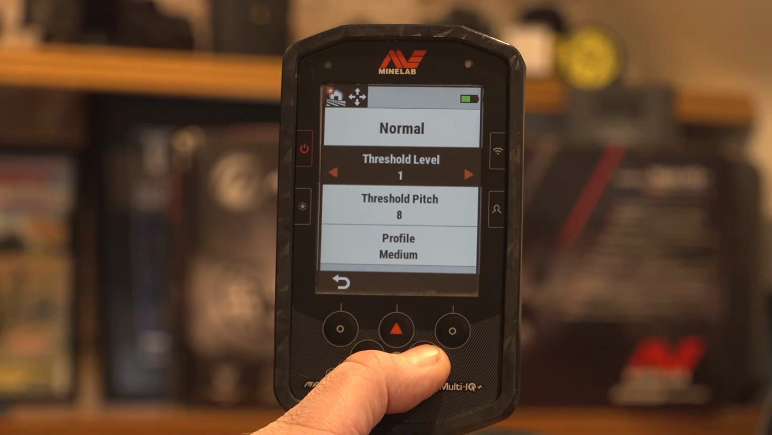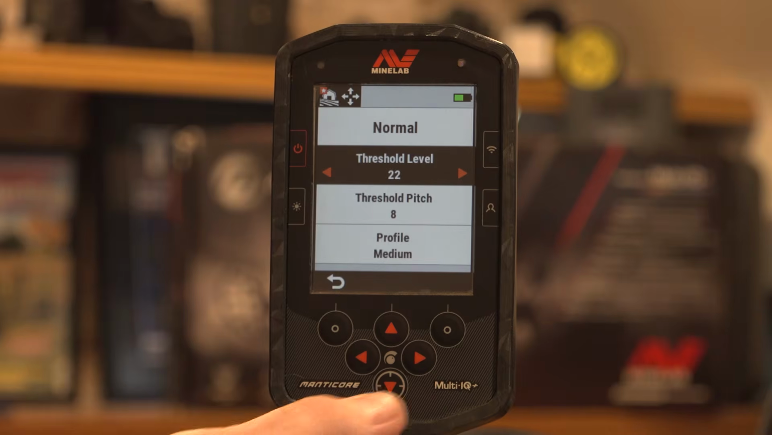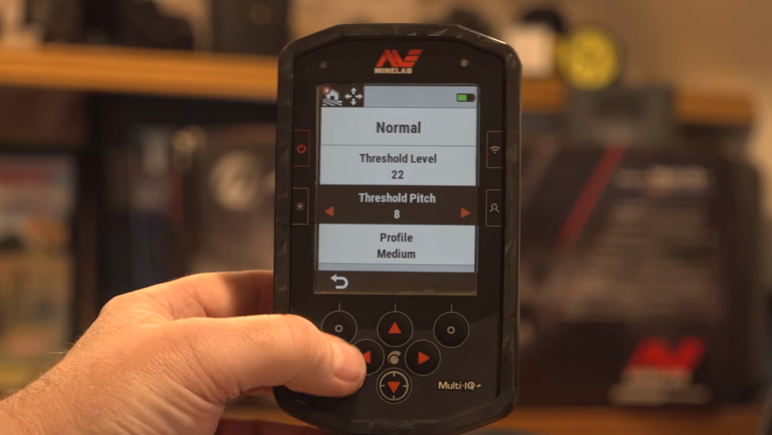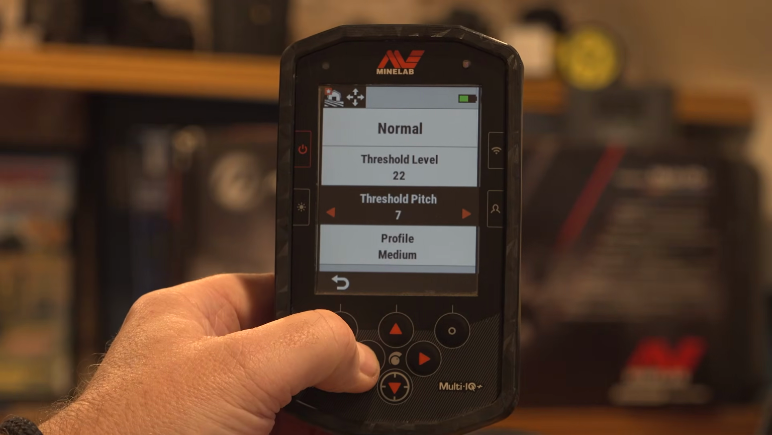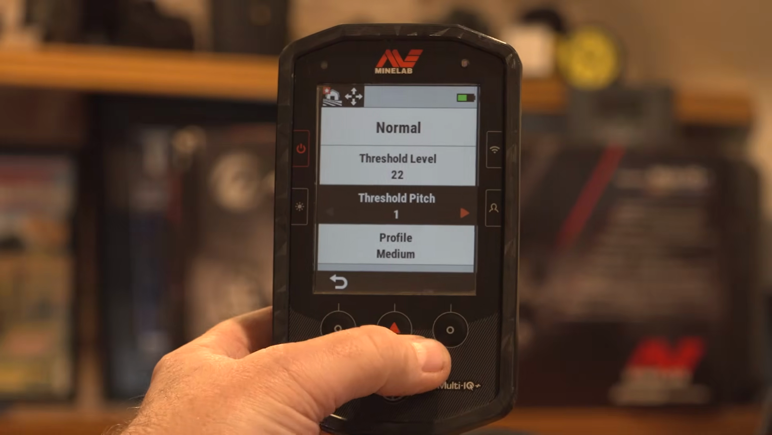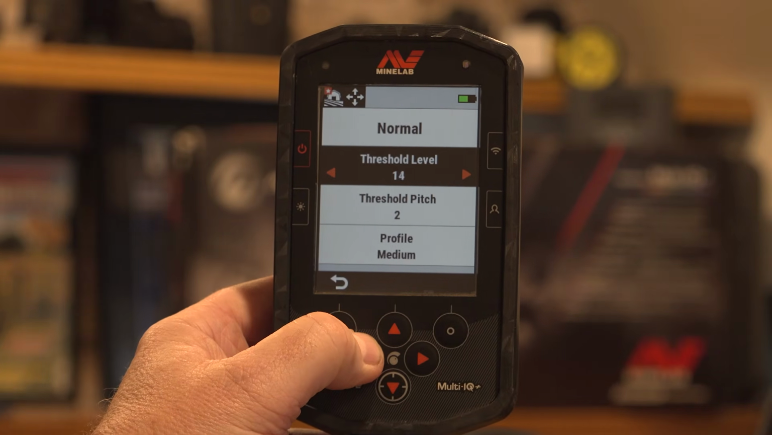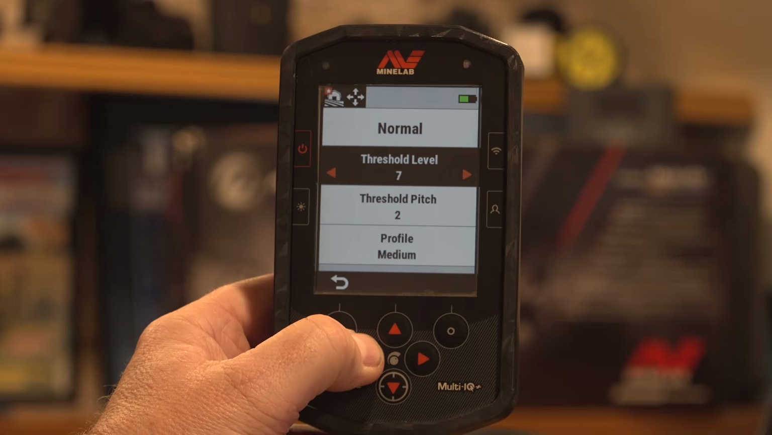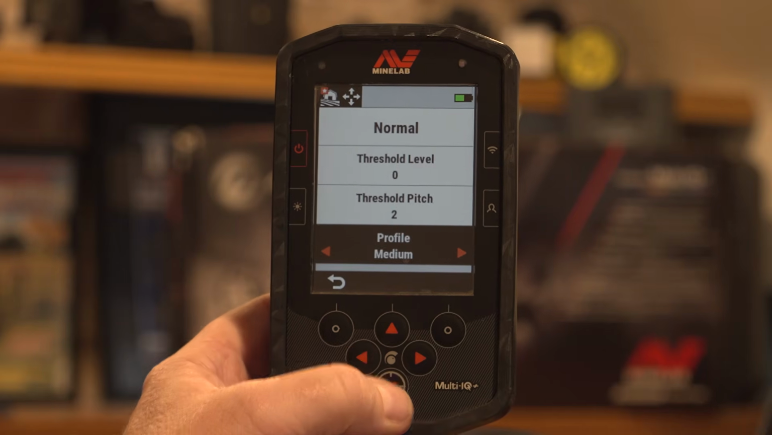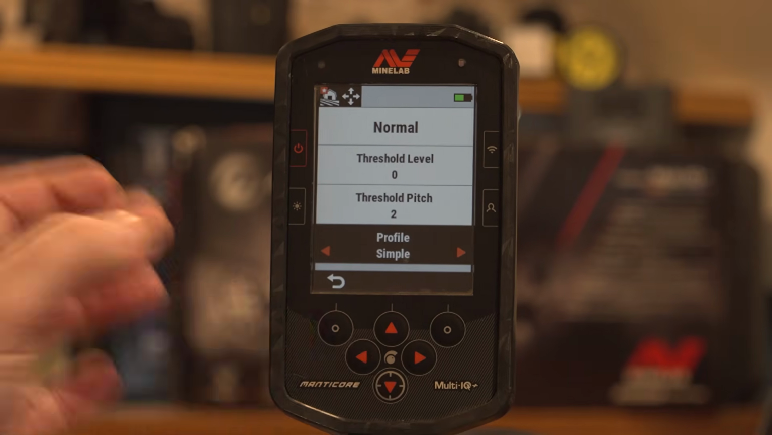Threshold, do you want an audio threshold in the background? Threshold pitch, what do you want the pitch at? Let's get rid of this threshold. And if we keep coming down, we've got profile, we've got simple,